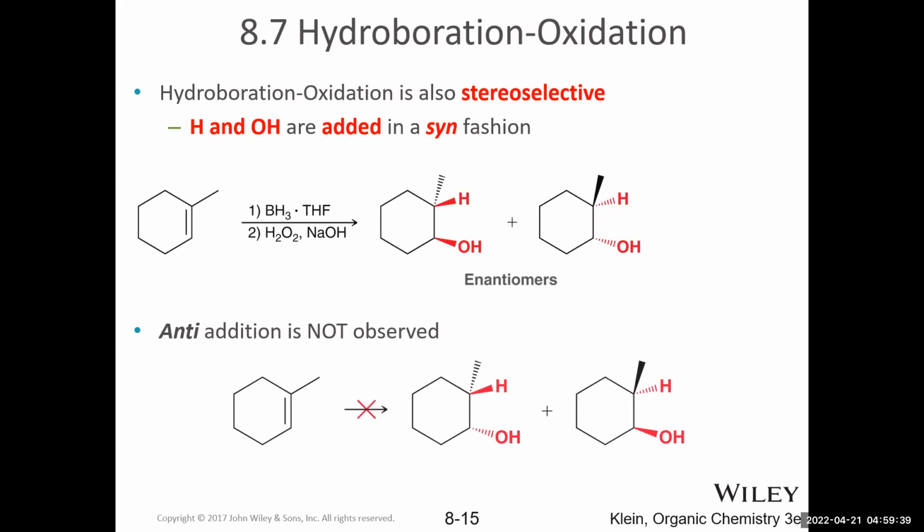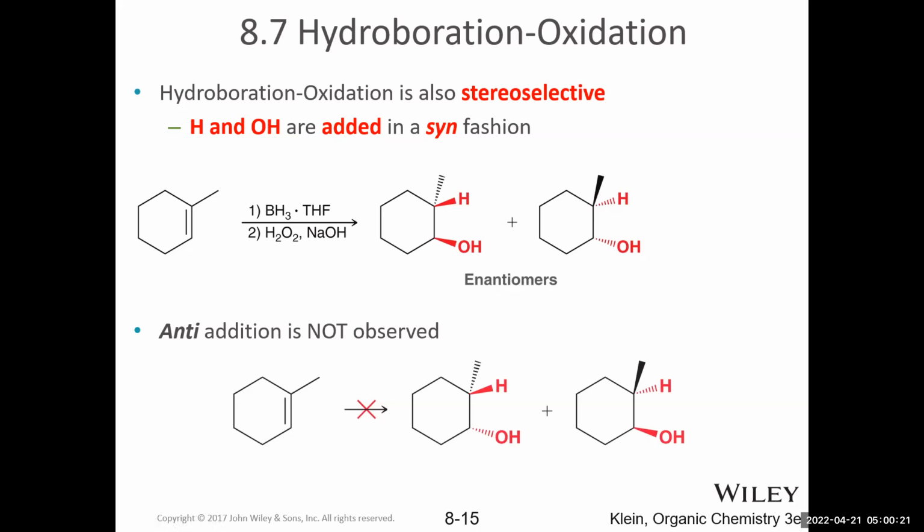There is some important stereoselectivity in the hydroboration oxidation reaction. So remember that in hydroboration oxidation, we are getting H and OH added across the double bond. And that does occur through anti-Markovnikov regioselectivity, which is why the OH got added to the less substituted carbon. Stereoselectivity refers to a reaction that can produce potential stereoisomers, with some being selected over others. So the stereoselectivity is that syn addition is occurring.